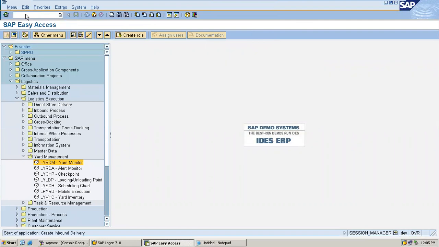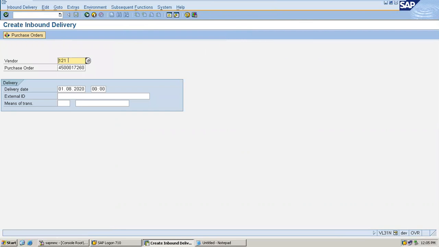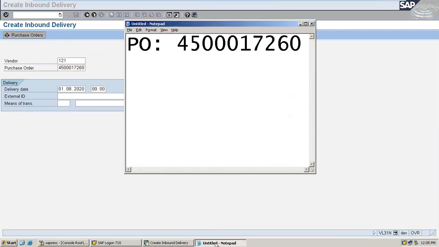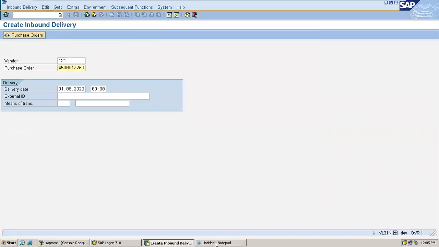PL31N is the inbound delivery. See here, inbound delivery, this is the purchase order, 450007117260. It's been copied here. Press enter.